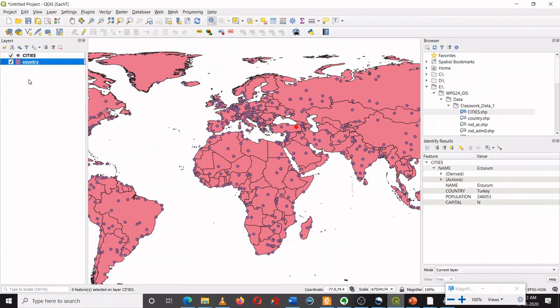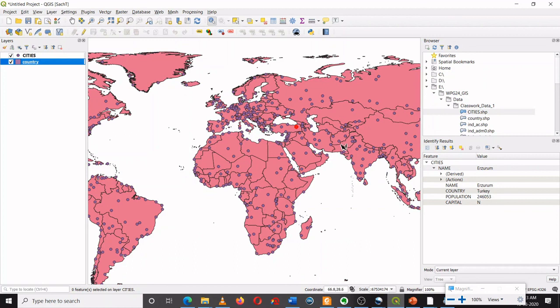We have also seen how to open the attribute table, how the attribute table is linked with the map, how the polygons and the dot features are linked with the map, and how we can identify attribute information of a particular feature by using the identify tool.